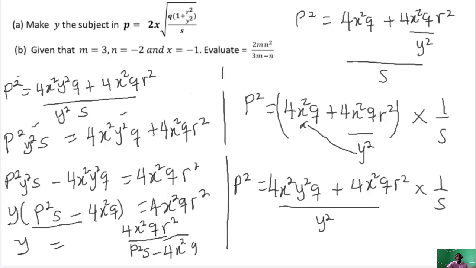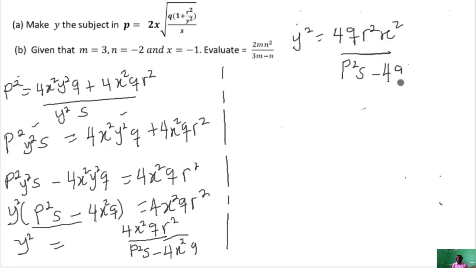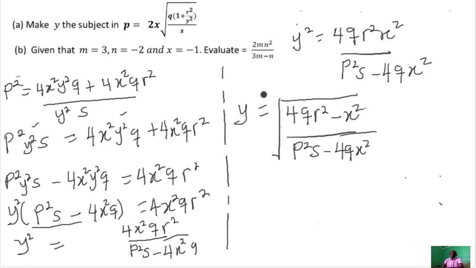So let's continue. So here we have y square is equal to, let's arrange, 4 q r square s square over p square s minus 4 q s square. So we find the square root of both sides to remove the square on the y. We can arrange it based on alphabet to also mean that y is equal to